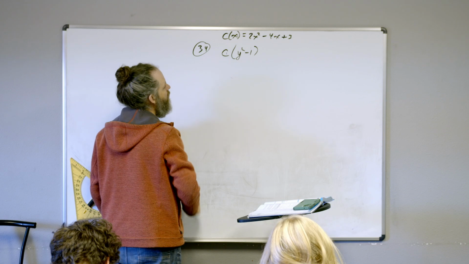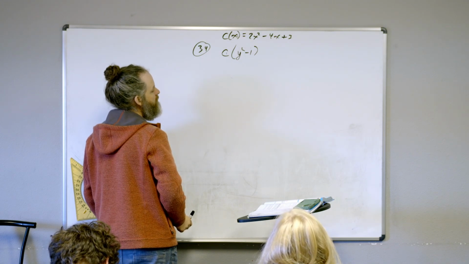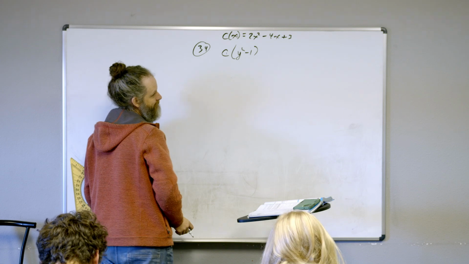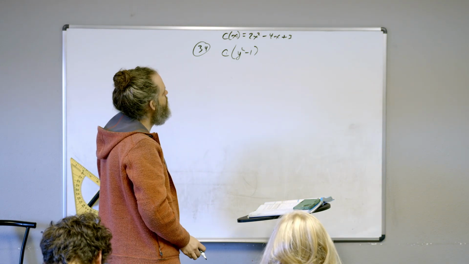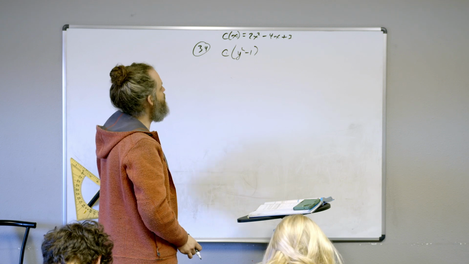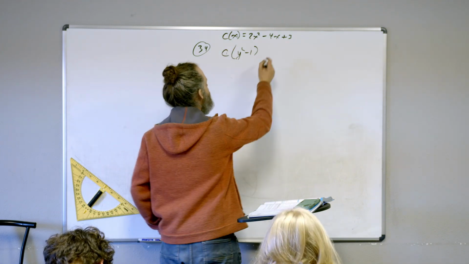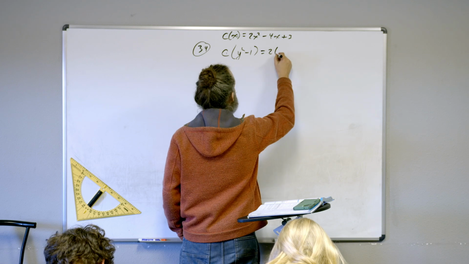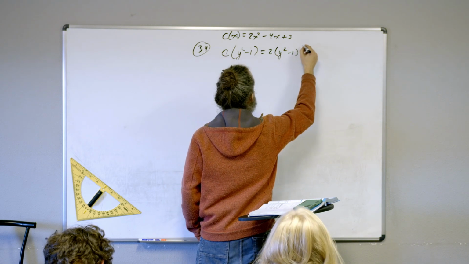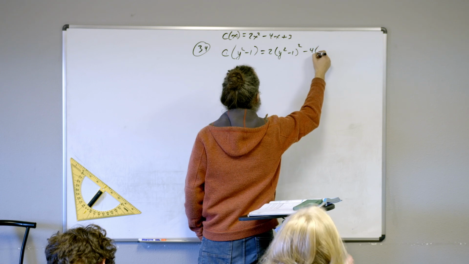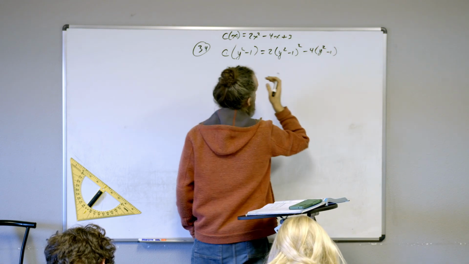Yeah. Squared, or do we plug in c times? It's not times, it's c of. Do we plug in all of it, or just the y squared minus 1? The y squared minus 1, because it's a function of x, and so we're replacing x with this. I also didn't see why I missed it the other day. I probably, oh yeah, I multiplied by 2 first. Okay. Let's see where. Okay, so